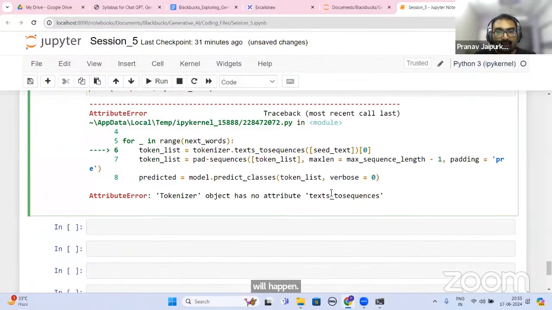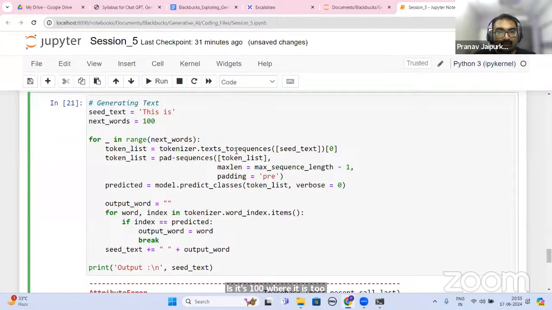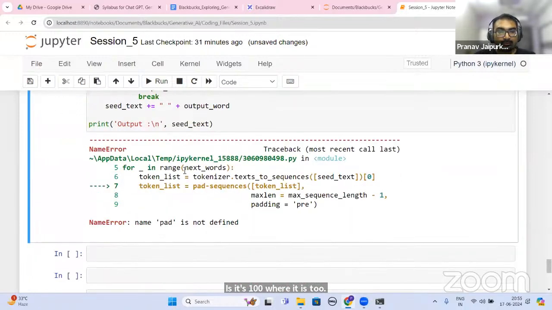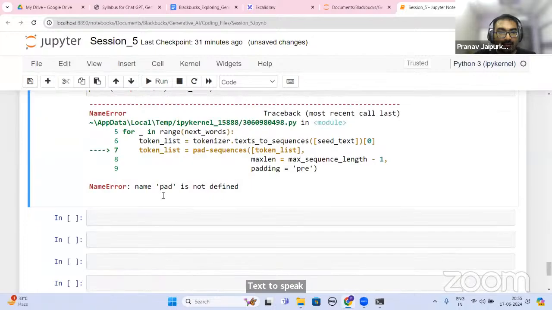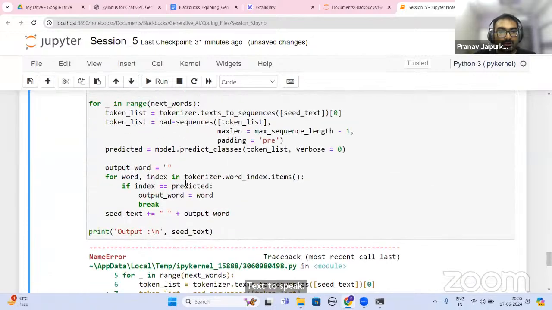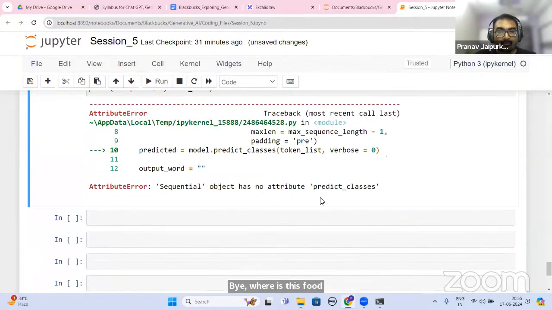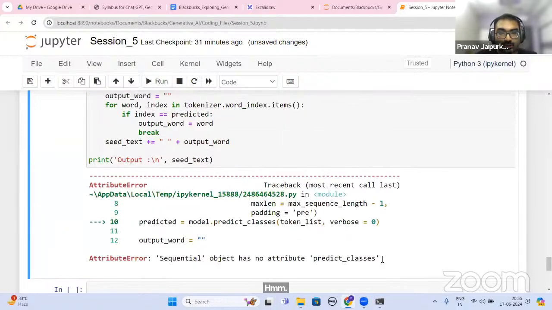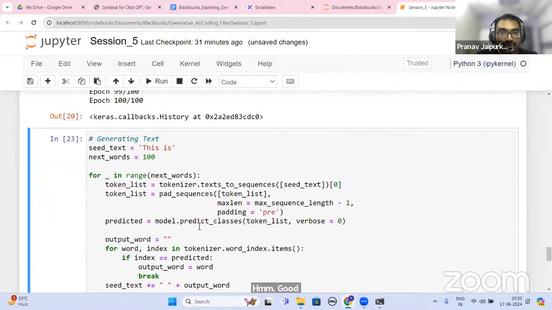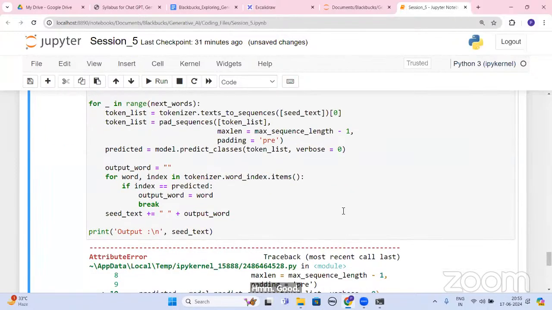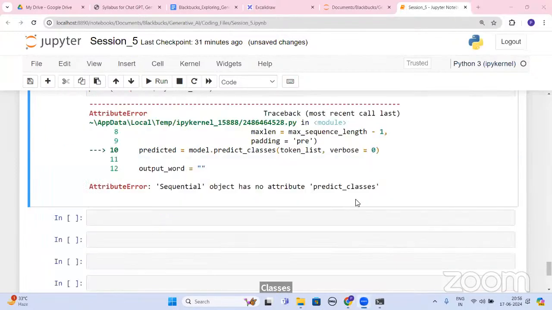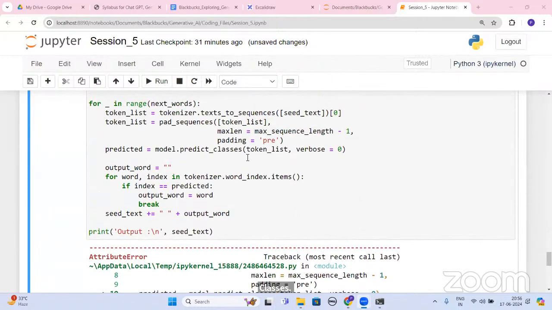Where is the error? texts_to_sequences. pad_sequences. Model.predict_classes.